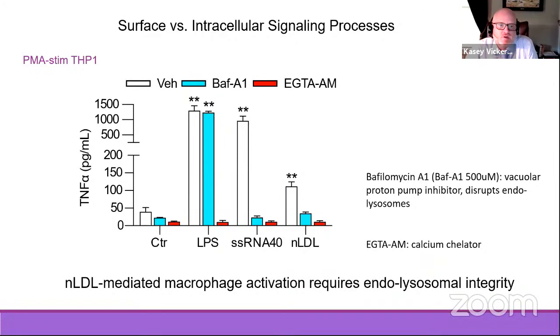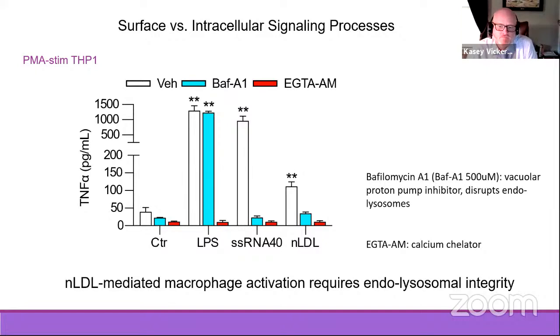All right, so how we got there is we treated the THP1 cells with bafilomycin A to determine if we're dealing with a surface or intracellular signaling process. Bafilomycin A is a proton pump inhibitor that disrupts the endolysosomes. Hitting the cells with LPS to activate the surface TLRs was not affected by disrupting the proton pump. However, hitting the cells with LDL or the single-stranded RNA positive control failed to turn on the cytokines. And so this suggests to us that we are dealing with an intracellular